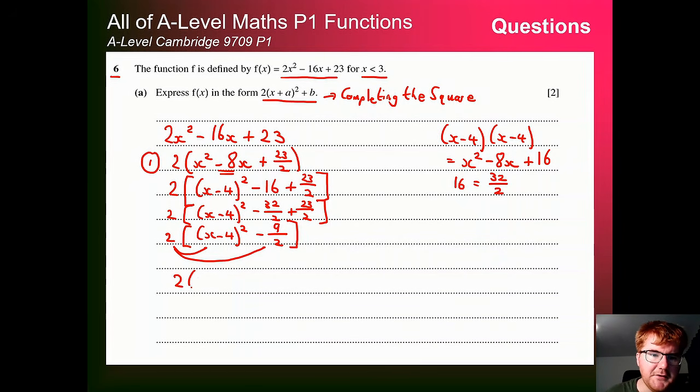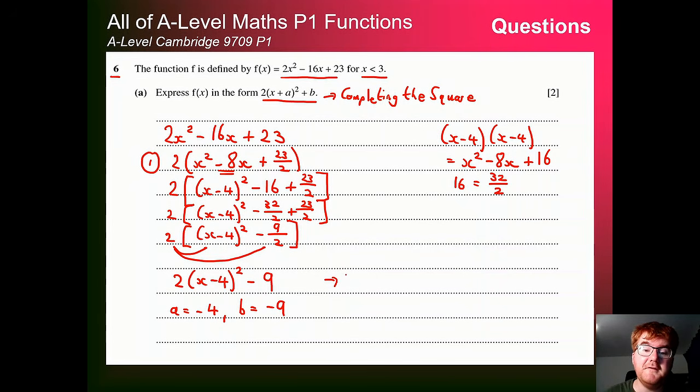This then gives us 2 brackets x minus 4 all squared. And this times this gives us minus 9. So we have it in that form, so a here is equal to minus 4 and b is equal to minus 9. Notice the benefit of using completing the square, although there are many other techniques that you can use,